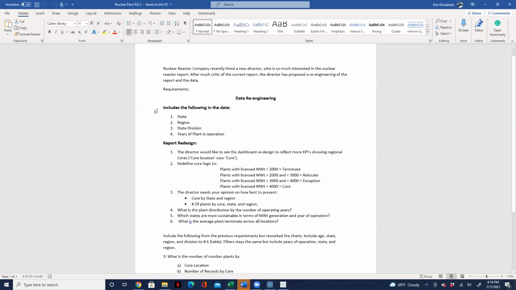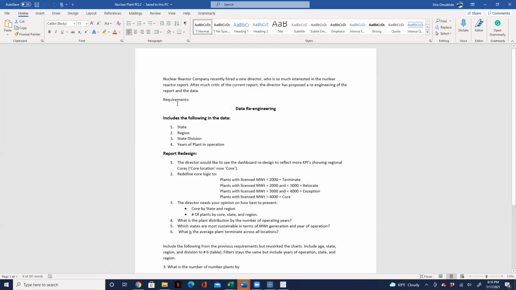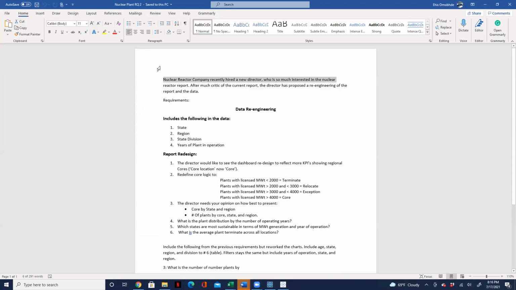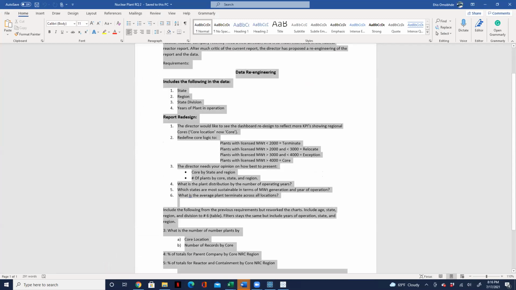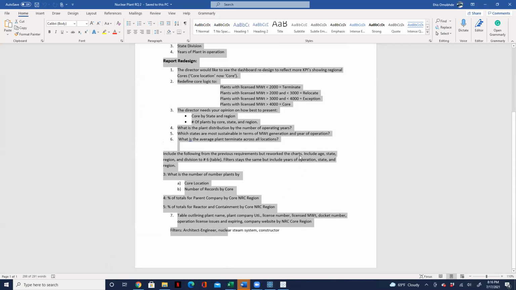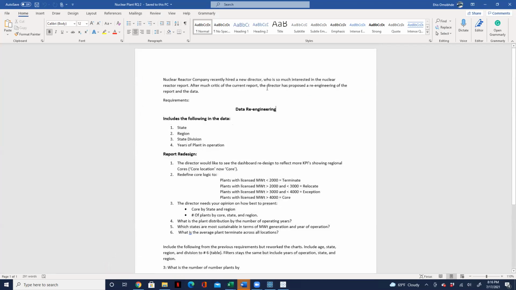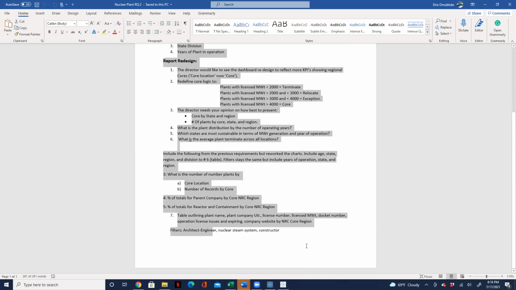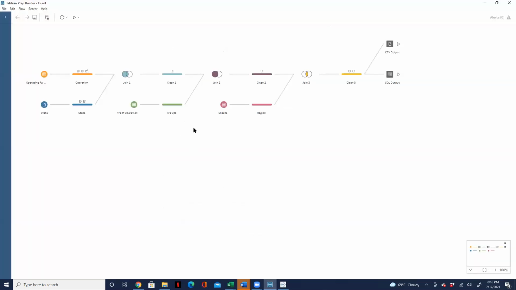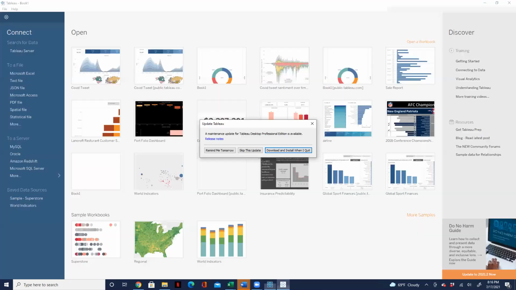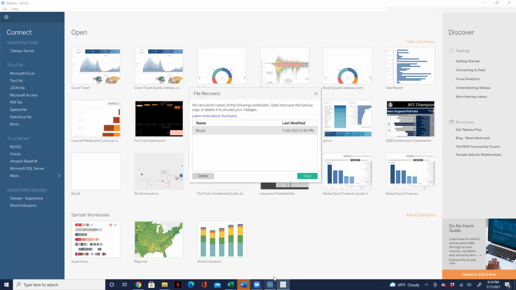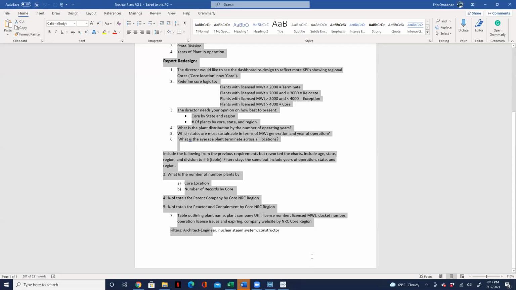Daniel, yes, difference between requirement. This is our requirement. I said, does anybody have any question on the requirement? This is our requirement here. Okay. Tableau Prep and Tableau is where we try to solve the problem that we have in this requirement. So we have a problem, a challenge at hand, which is in this requirement. Now, we have to use Tableau Prep to solve our data re-engineering, and then use Tableau to visualize our dashboard re-engineering. So first thing first, do we understand the requirement?